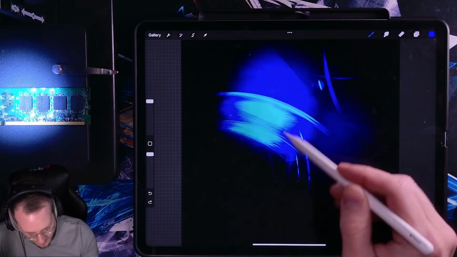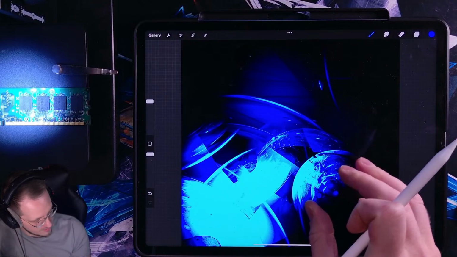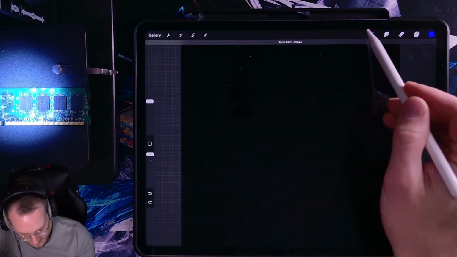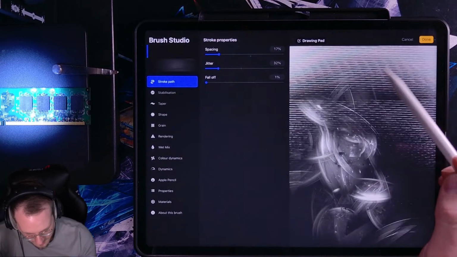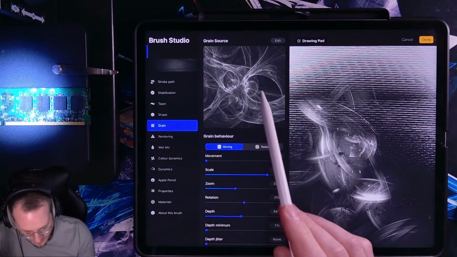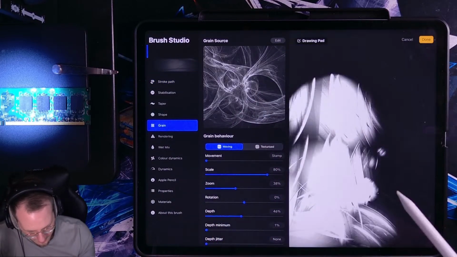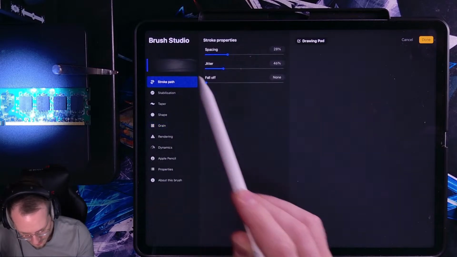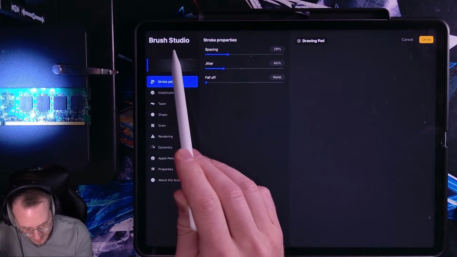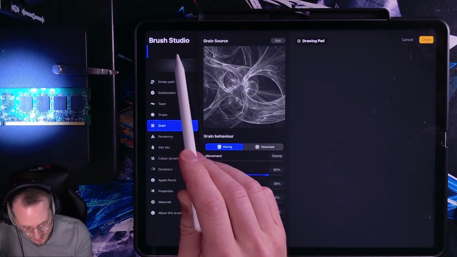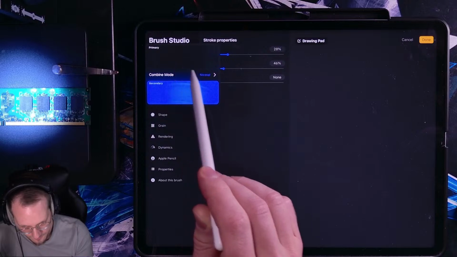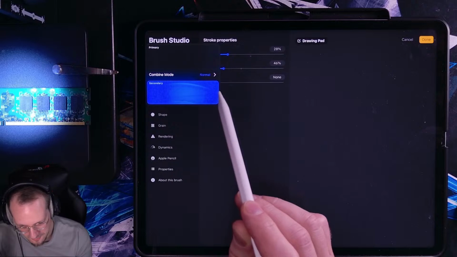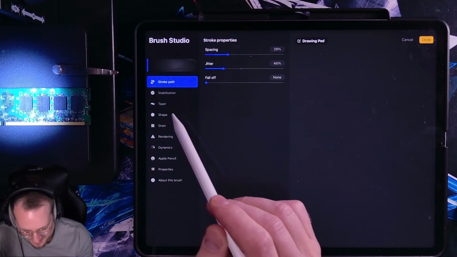And what we're going to do is replace this textury stuff with this computer module. So I'm going to open up this one and go into the grain, and you see, it doesn't look like this, right? That's because the actual grain is in this brush. This brush pack is made from two separate brushes that interact in the combine mode normal. Okay, maybe not going into that much detail, but